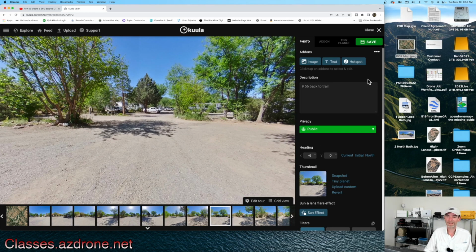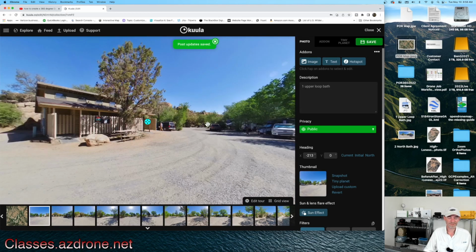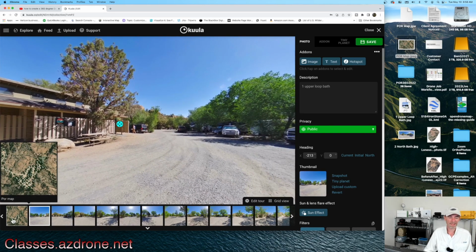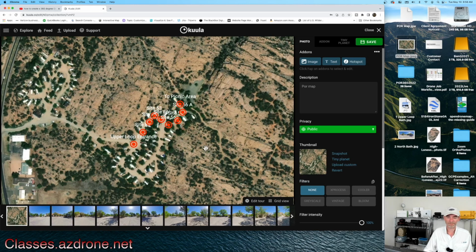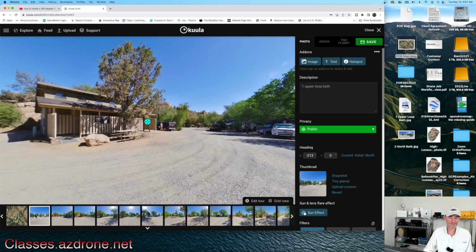So one of the next things that we're going to need to do, let me hit save here, and let me go back to that first image at our starting point. So we have the map. There's the map with buttons set up for us right now. Since I'm in the edit mode, it is showing all of the labels. The labels are hidden in the main mode, so people aren't going to be overwhelmed by this. So people can follow along this map, but the second thing they can do, let's go over to number 1,